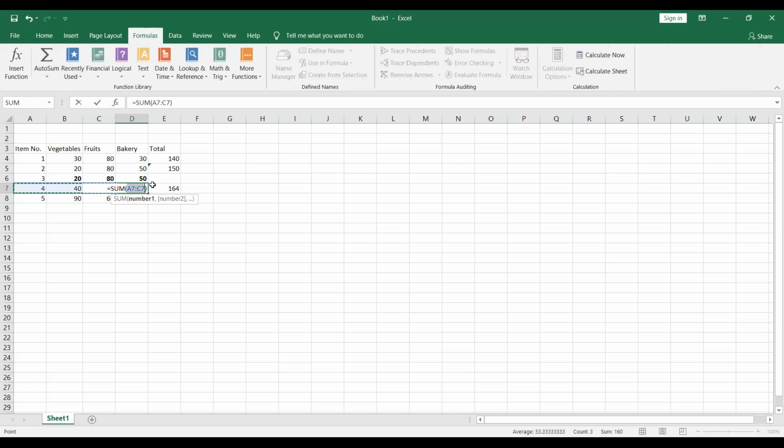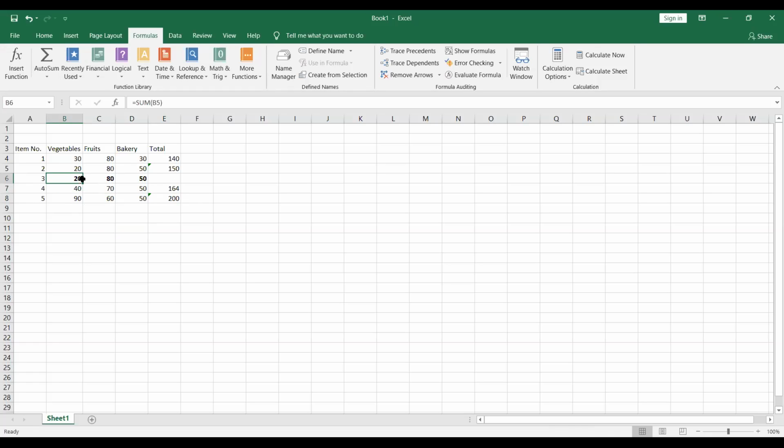Okay, but here it has selected A7 to C7. Okay, so the answer has come like this. But if you want to select only these three, then what you will do, beta, again AutoSum, 200 came. Okay, so sometimes it happens that by mistake it takes the previous value also, but here as you can see it was correct. 90 plus 60 plus 50 is your 200.